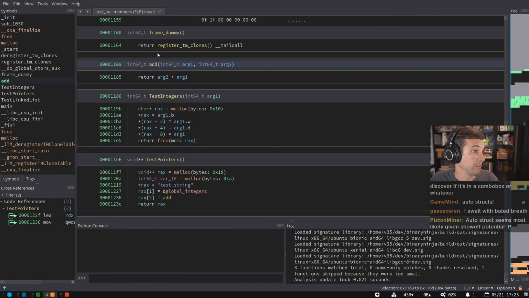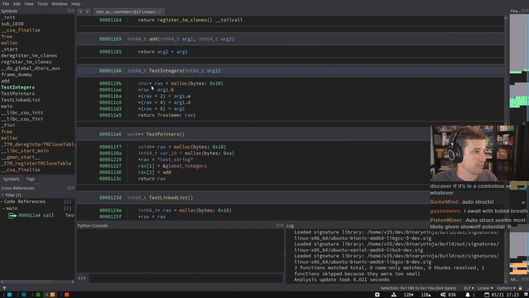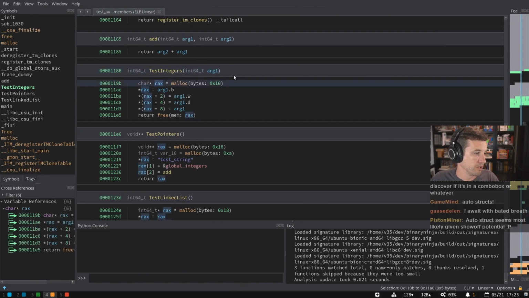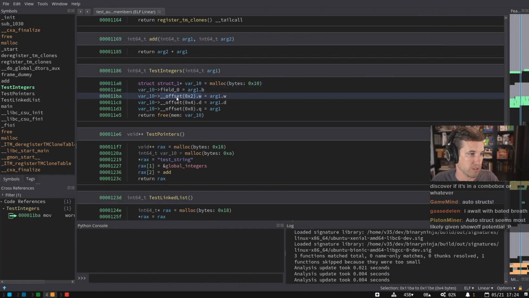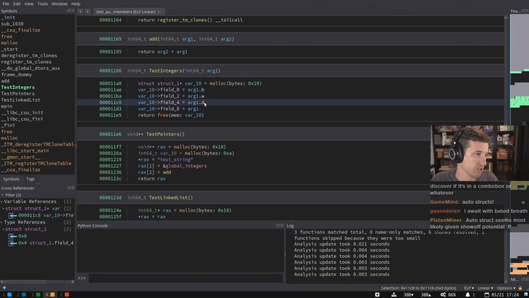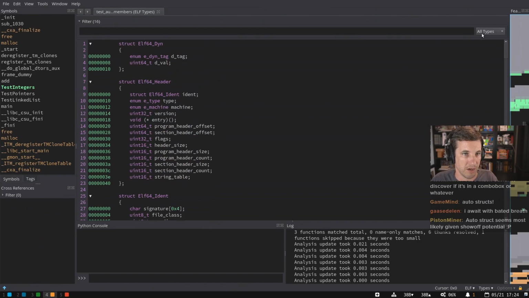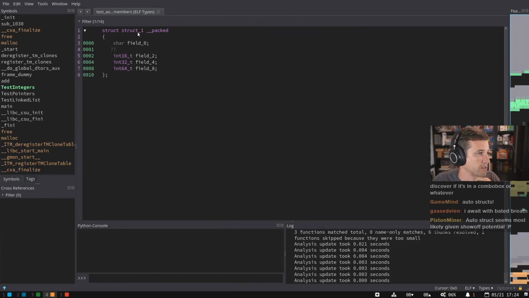Let's try it. And like I said, this is going to be my first time looking at it too. So test integers. The traditional way to do this, if you've got an allocation, is you could just hit S and it would create a structure, right? And then I could go at each one of these and hit S to create fields, and it would infer the size based on the size of these operations. Now if I check in the type view, man, I keep meaning to make this change. I want to make that default. Always show user first. Sure enough, we've got the structure.